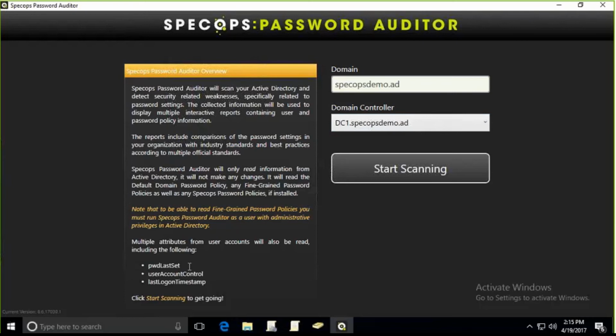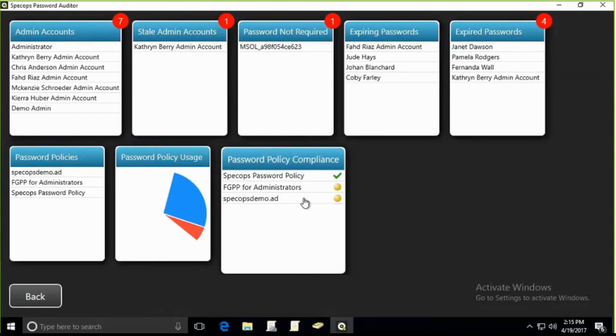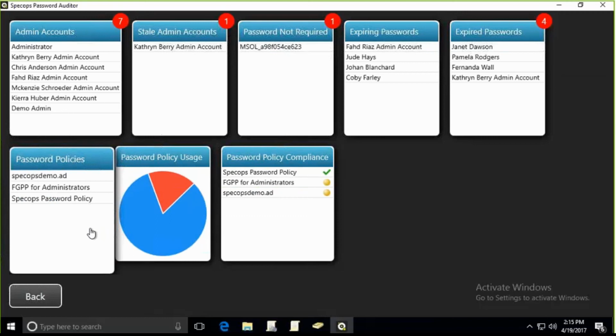So we've got an account, we're set up. I just hit scan, and then we get some nice progress bars, and within just a few seconds here, we're ready to show you what we found in your environment. So let's take a look at the results here. Boxes across the top, I'm going to get to those in a minute. What we want to focus on first is these three down at the bottom, which are the password policies in